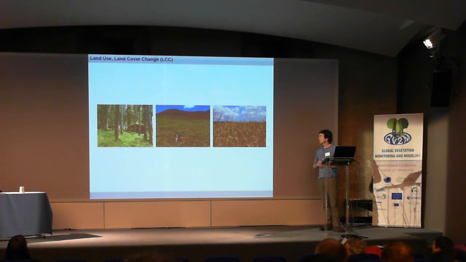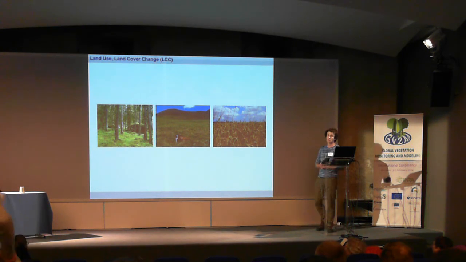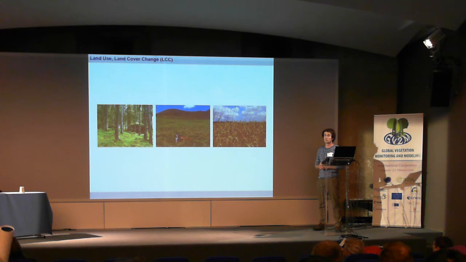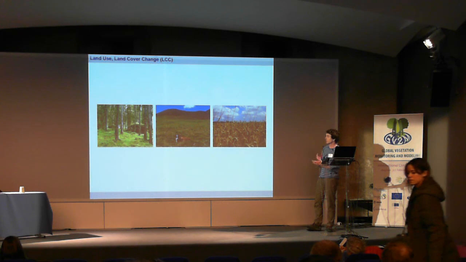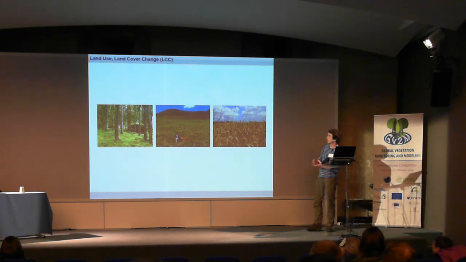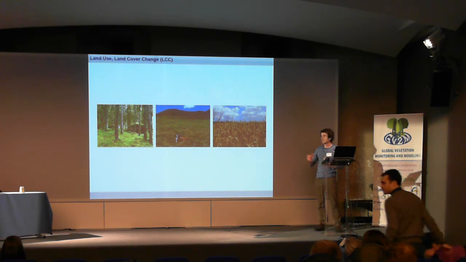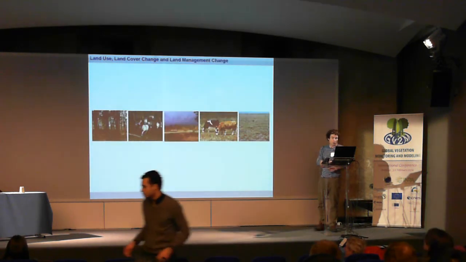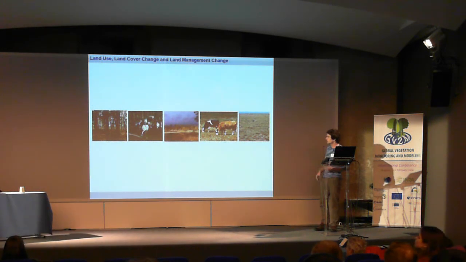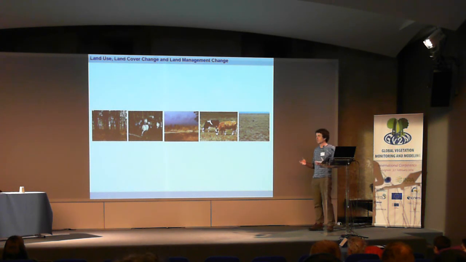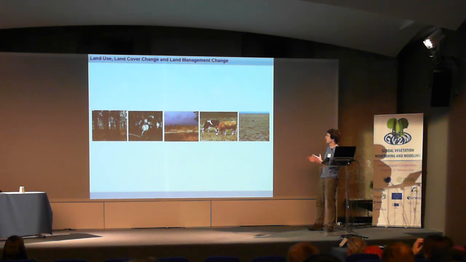So if we're talking about land use in an Earth system context, we most often reduce the whole concept of land use to land cover change. And in most of the models, land cover change nowadays is included, but it basically means that we distinguish a certain number of discrete land covers, like a forest, a grassland, or a cropland, and we model what happens if we change from one to the other. However, if you spend some time on the train or in the car and you drive through a landscape and you start thinking about what you see, you will notice that it's not a discrete change, it's a continuum.